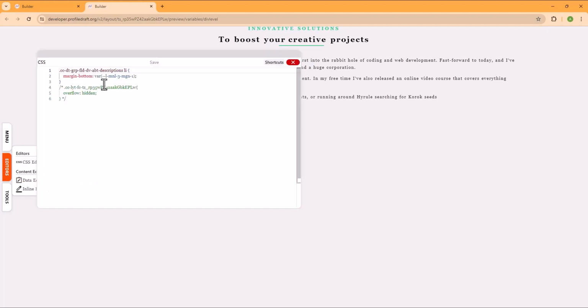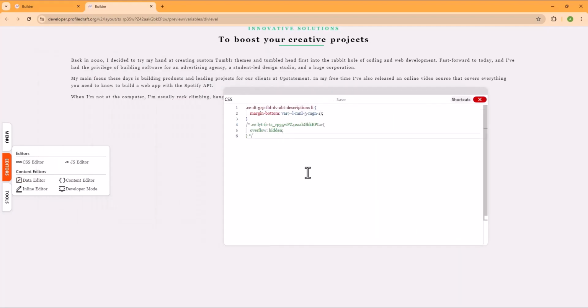So you just need to click on CSS editor. You will get the CSS. Whatever you want to write over here, you could write. The thing you do not need to remove is the previous one, meaning whatever is loading by default, you do not need to remove that. You just need to write your own CSS at the downside and just simply click on save.